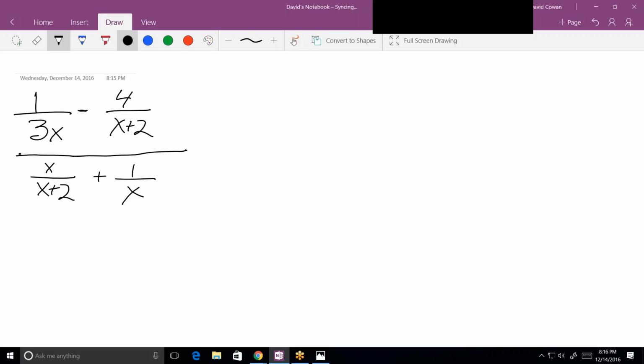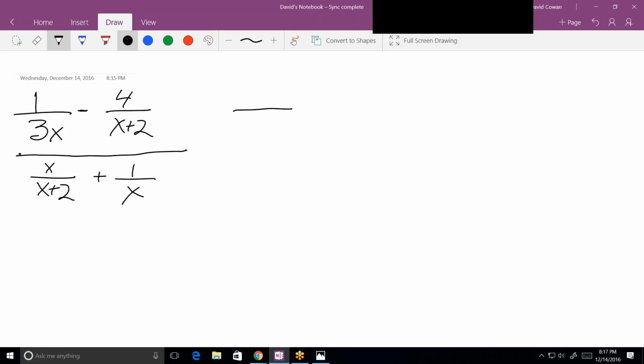The way I used to do it, I would combine both terms in the numerator and I would combine both terms in the denominator. And I still think that's by far the best way to do it. Instead of, which is what I heard from one of my students, that you find a least common denominator for all of these subfractions. In other words, trying to find a least common denominator between 3x, x plus 2, and x. Problem with doing that is it's hard to make sure you're not making mistakes. Whereas if you do it the way I'm going to do it,